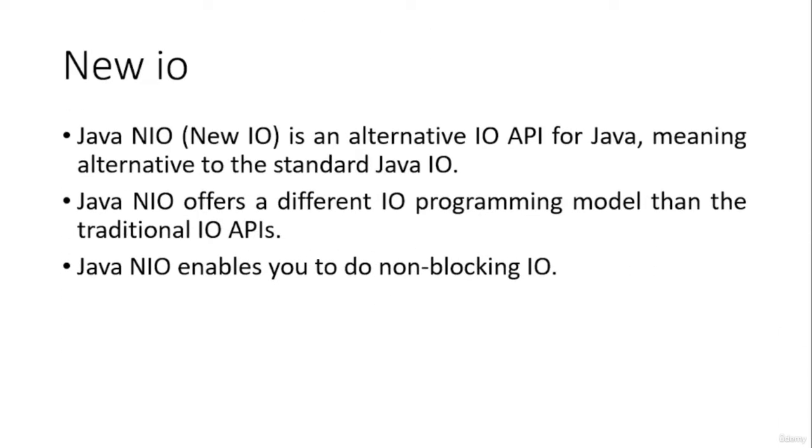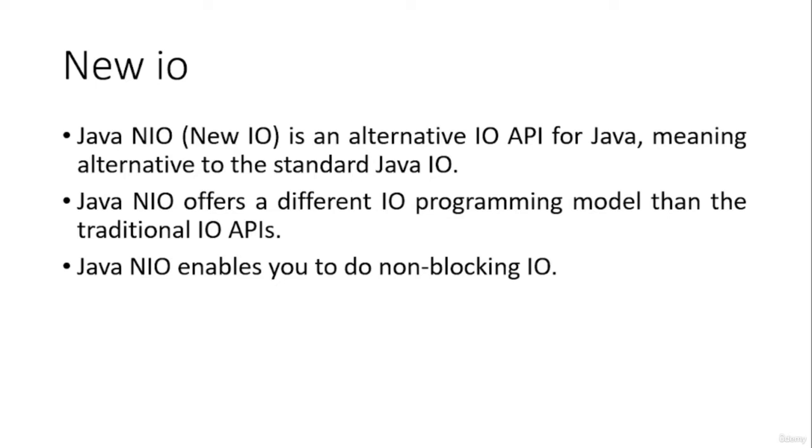So new IO is a feature available in Java which provides an alternative solution to Java.io. Whatever functionalities are present in the IO package are also present in the new IO package. So it is a much more advanced solution for file operations. So we will see in the practical how this new file IO has effects.